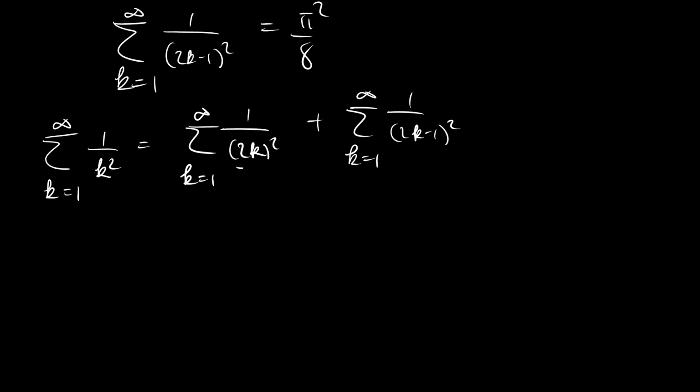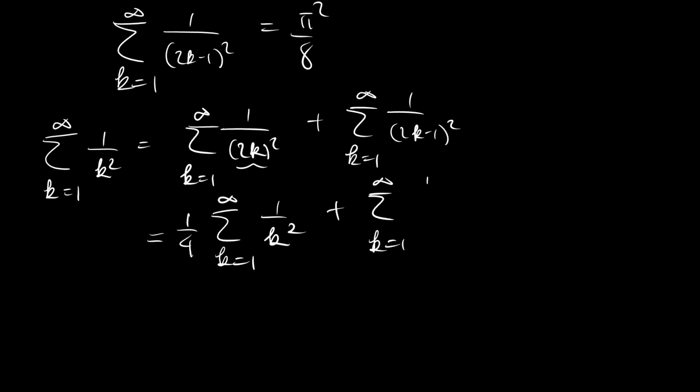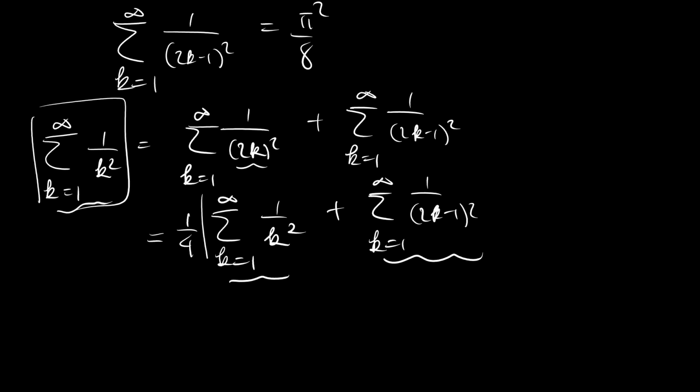And with this part, this is very easy because 2 squared is 4, so we have a quarter. And we already know what that is, and this is the same as this. So in other words, we have 3/4,